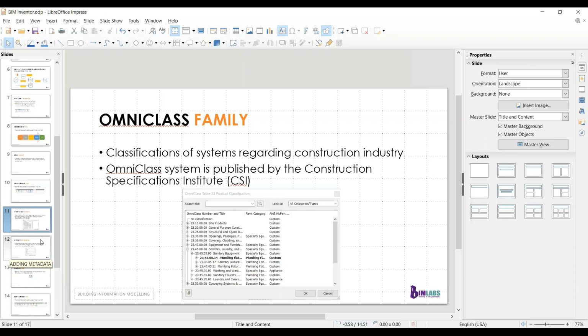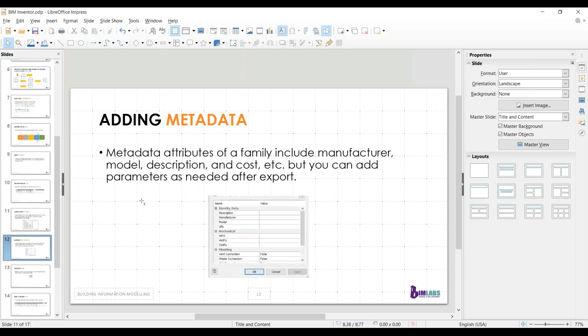So next is adding metadata. Metadata are the attributes. Say we need to provide the description, manufacturer data, a URL to our product link, or something which would help in operation and maintenance. If a thing is going to expire, meaning it would be faulty within this many years,